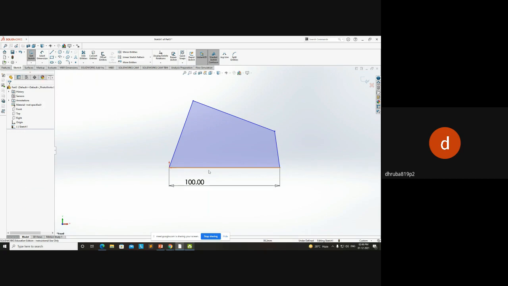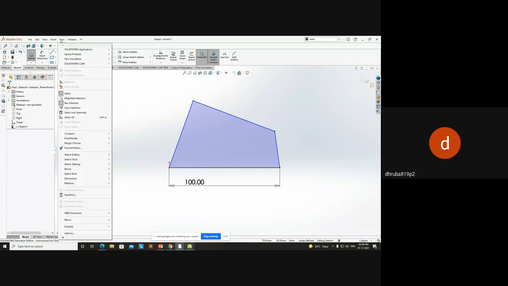Okay, so next I'll convert it to block. In order to convert to block, I'll check where the block is, select block, right-click, make block. Okay, and I'll check where it is. So this is the block, or you can go to tools, sorry, insert,